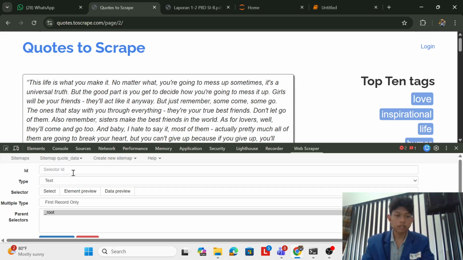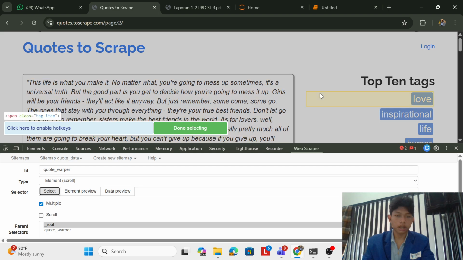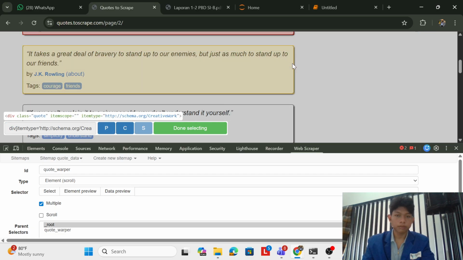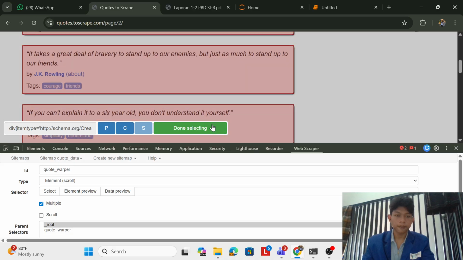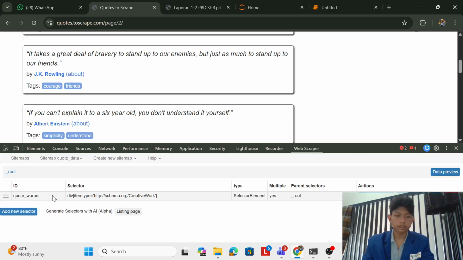I click add new selector and name the ID quote wrapper. For type, I choose element scroll, and I select the box content, and the second box content I click again and click done selecting, and I choose multiple and click save selector.